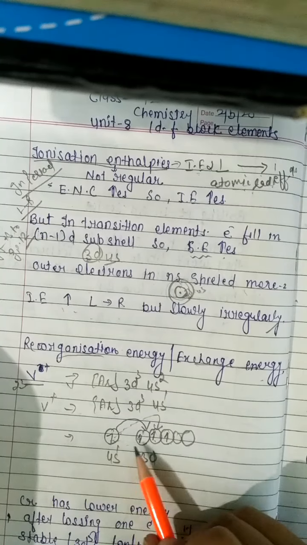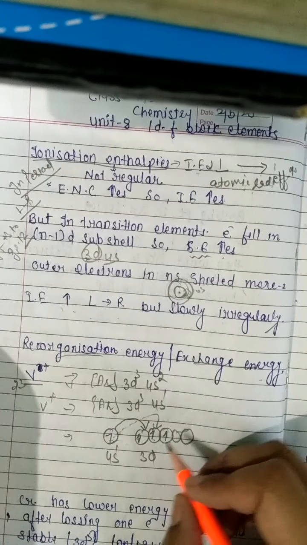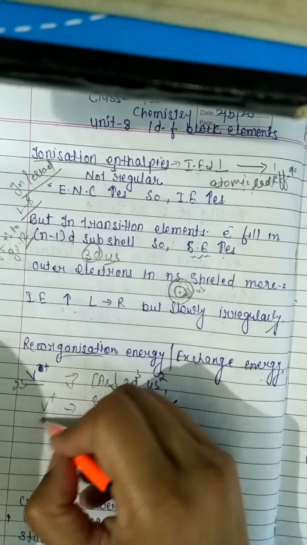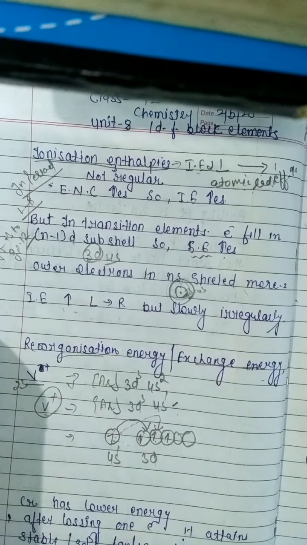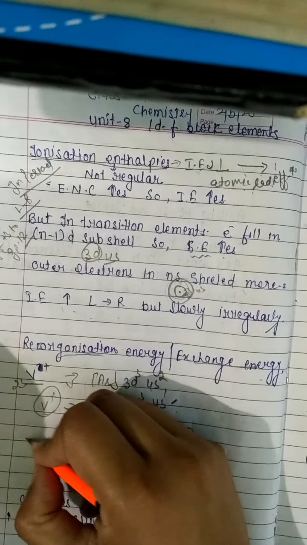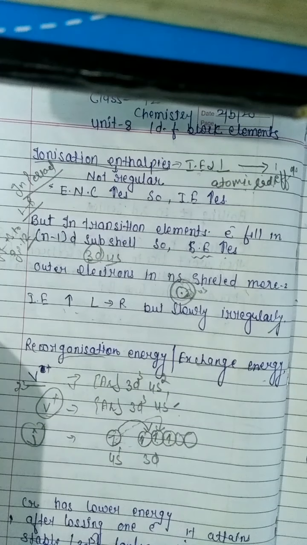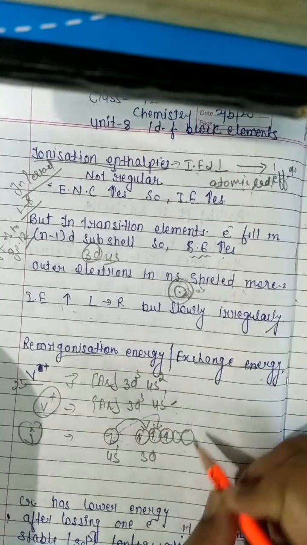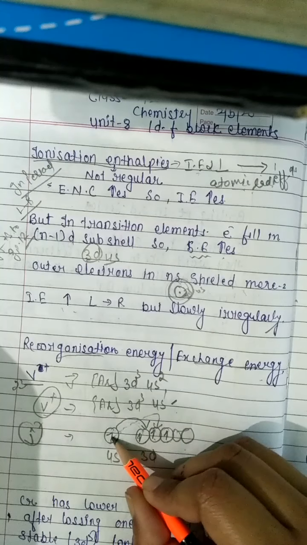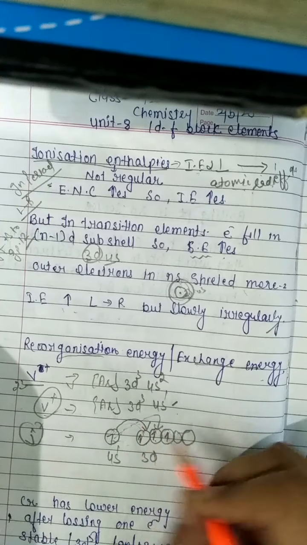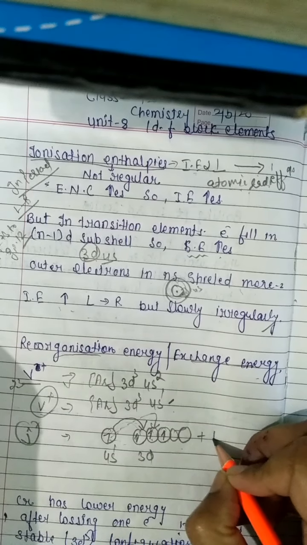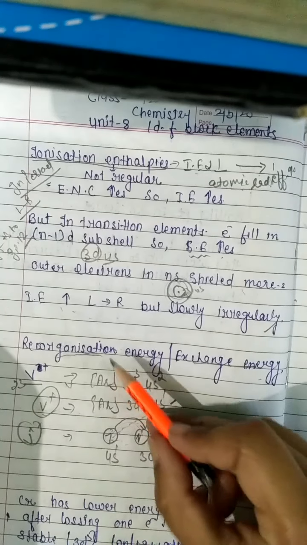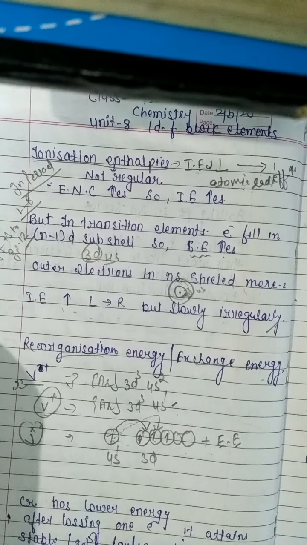There are three possibilities for exchanging their electrons, but the possibility is where the s orbital is half filled. So this takes place in the case of vanadium, or we can say in the form of a cation when it loses a single electron and an unpaired electron is present. While they are exchanging electrons with each other, they also release energy. That energy is called exchange energy.